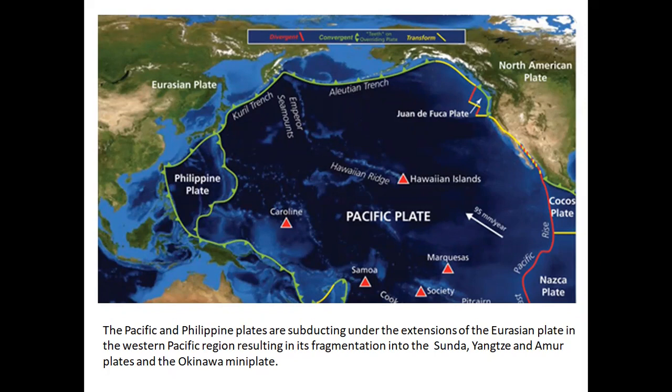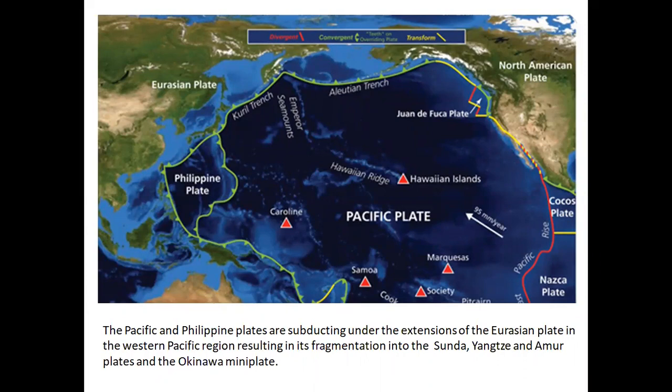Certainly lines extend away from Caroline and Samoa, Marquesas and Society Islands, but the most pronounced is the Hawaiian Island Ridge, which changes direction some 40 million years ago, a bit prior to that, 45 million years or something like that, into the Emperor seamounts, indicating that the Pacific Plate originally moved more northward than currently. That line of extinct volcanoes extends right up to the Aleutian Trench near the Kamchatka